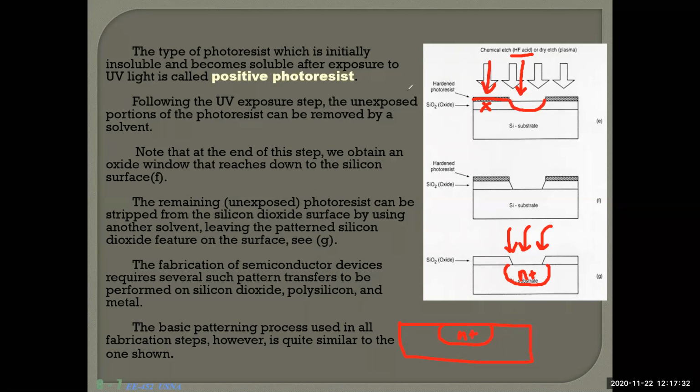Then you again apply a silicon dioxide layer, you apply photoresist, you give another mask layout, then you give UV light again. What happened? This part will be damaged. You give hydrofluoric acid, then another pond will form. So this process will be continued for some cycles unless you are finished with your design.